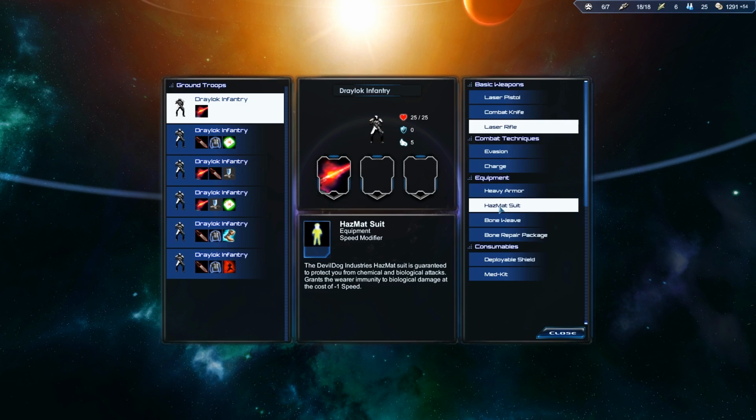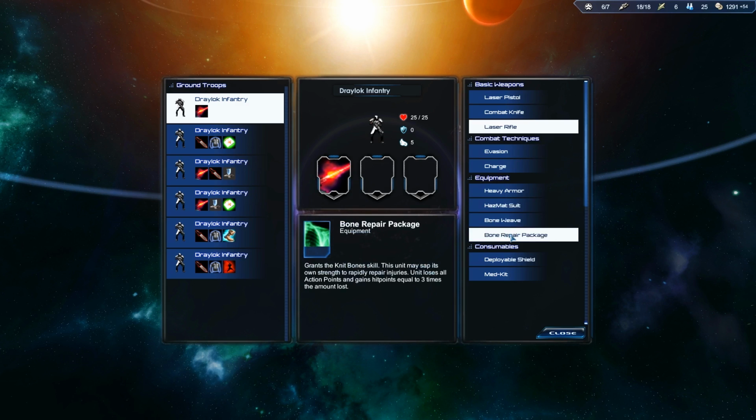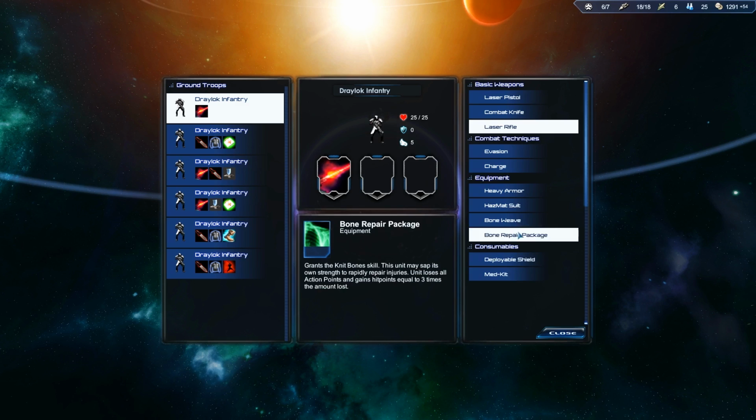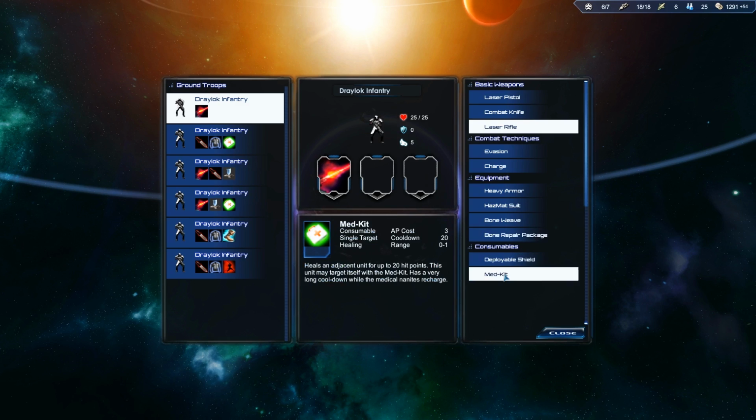Hazmat suit. Oh, here's the bone weave. Max hit points. Gains hit points equal to 3 times the amount of action points lost. Oh, that's kind of interesting. So it's kind of like a heal. Heals an adjacent unit for up to 20 hit points. This unit may target itself with the med kit. So let's see. This is going to be 3 times the action points lost. So to equal a med kit,